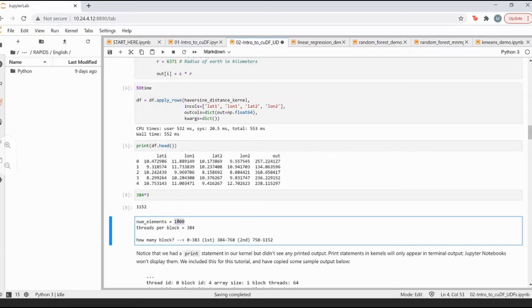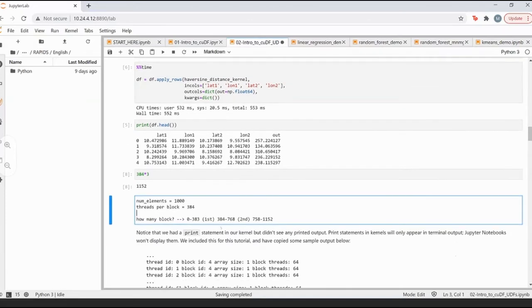We only had 1000, right? That means my thread ID at this point will only be 1000 subtracted by 768. That means this value will come around 232.